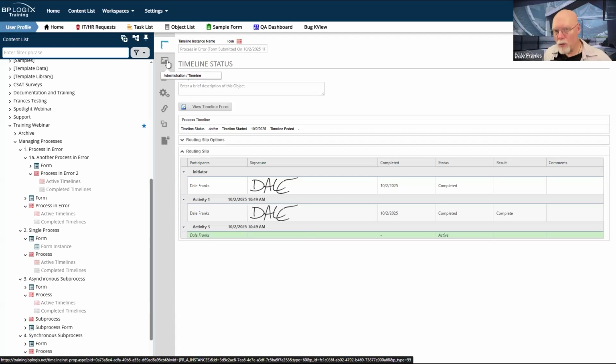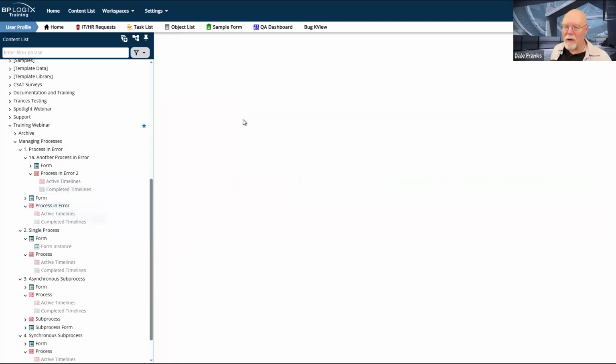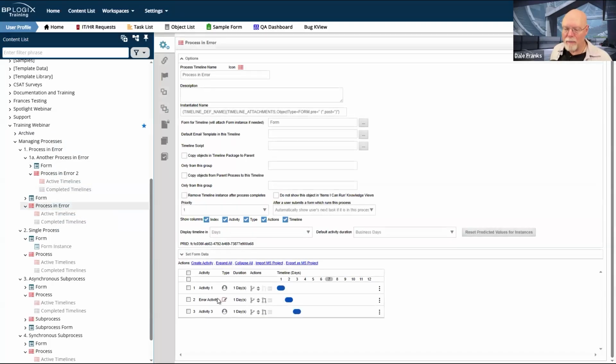Because no user was assigned to that activity, and that activity only had one result, which is approve, we just skipped that activity. I'm only going to see that error pop up if I have multiple results for my process in error activity.